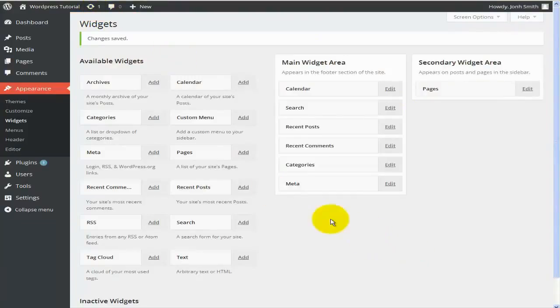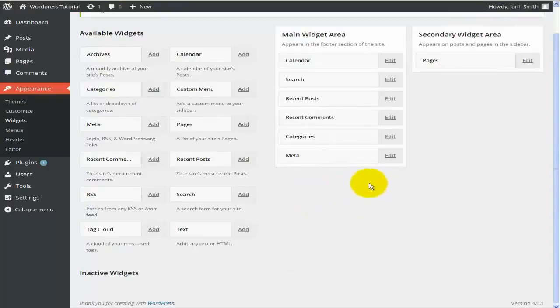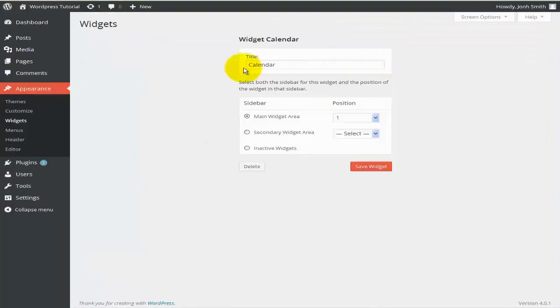I can easily remove any of these widgets. So for example, let's get rid of the calendar, so I'll go and hit on edit. Alright, when the page loads up, so we're actually editing the widget called calendar, I can hit on the delete button here, and this will delete my widget. So if I was to